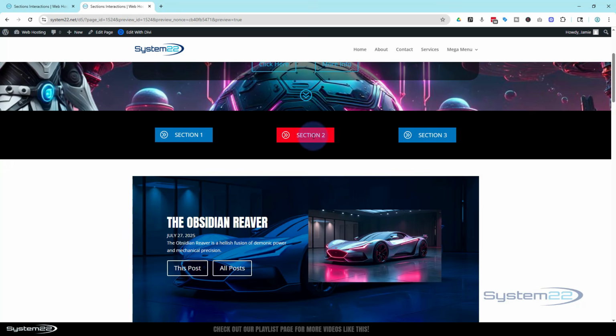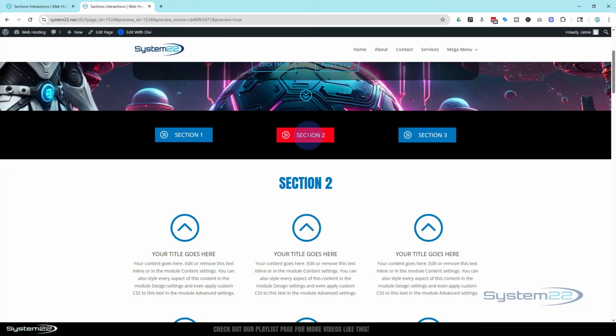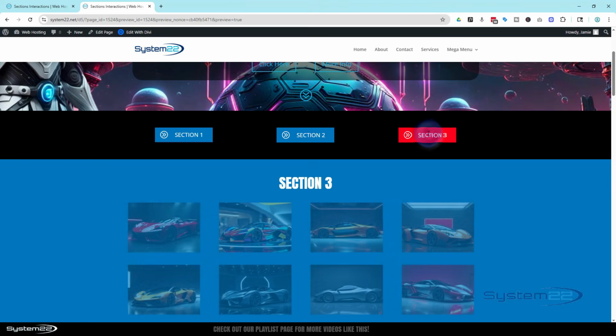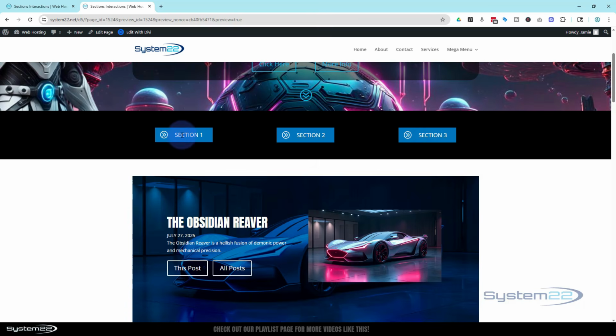Doesn't matter what order you do it in. If you want section 2 to pop up, bunk. Want section 3 to pop up, bunk. Really handy. Now, the reason I didn't use buttons for this is because when you click on those buttons, you